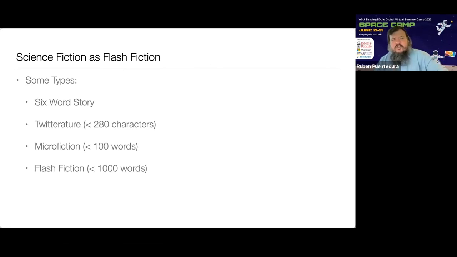And these are some of the short stories. So the shortest one is the 6-word story. Everybody knows the example that Hemingway did not write, folks. He did not write "For Sale, Baby Shoes, Never Worn." Great 6-word story, but Hemingway did not write it. All right? And we can get into a whole question as to why some authors get certain things attributed, even if they never wrote them. So that's a standard 6-word story.